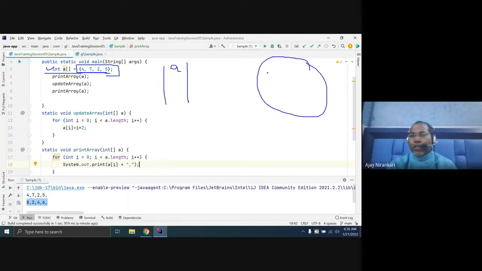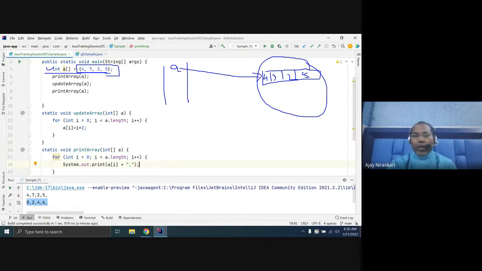In heap memory, four elements are created in consecutive locations, with the values 4, 7, 2, and 5. This A refers to this memory location.